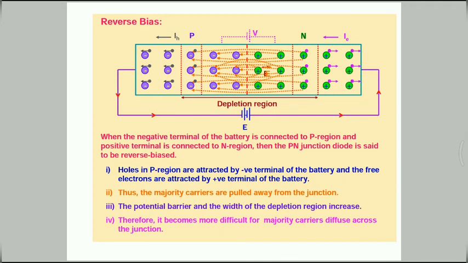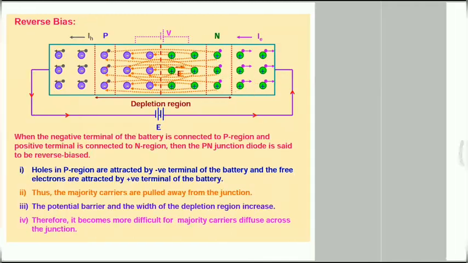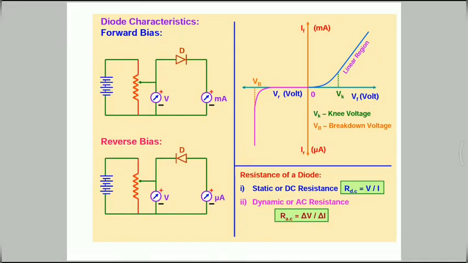Okay, coming to current voltage characteristics of PN junction diode. In forward bias characteristics, the circuit diagram for studying forward biased characteristics is shown in the figure. Starting from a low value, the forward bias voltage is increased step by step, measured by the voltmeter, and the forward current is noted by the ammeter. A graph is plotted between voltage and current as shown in the figure.